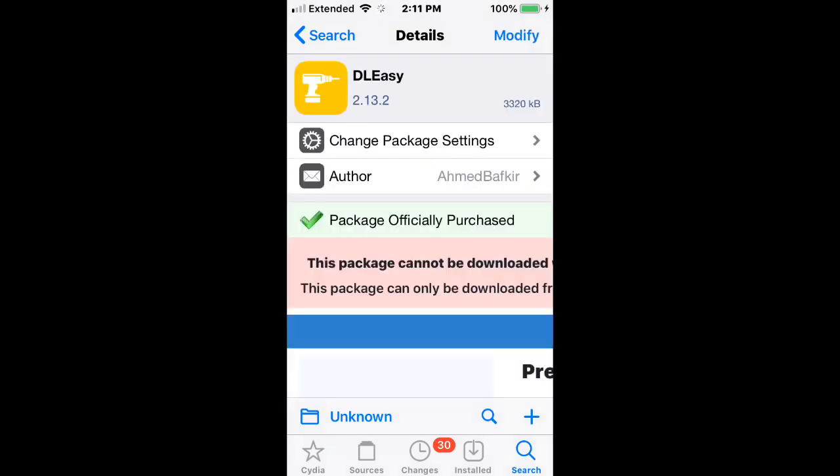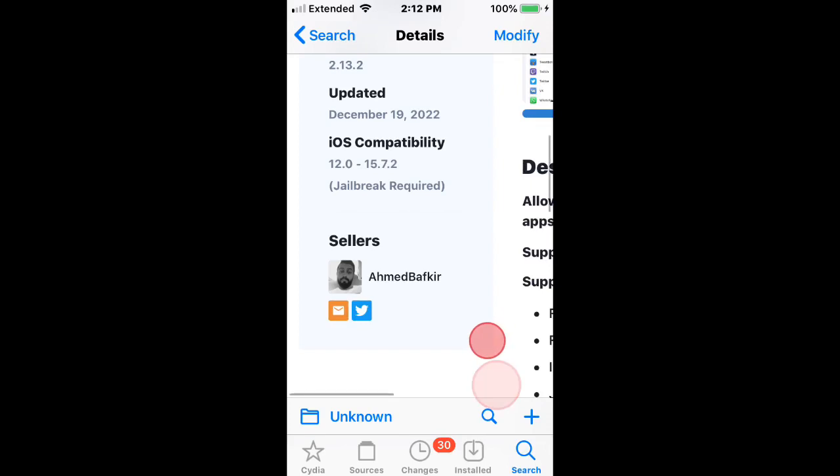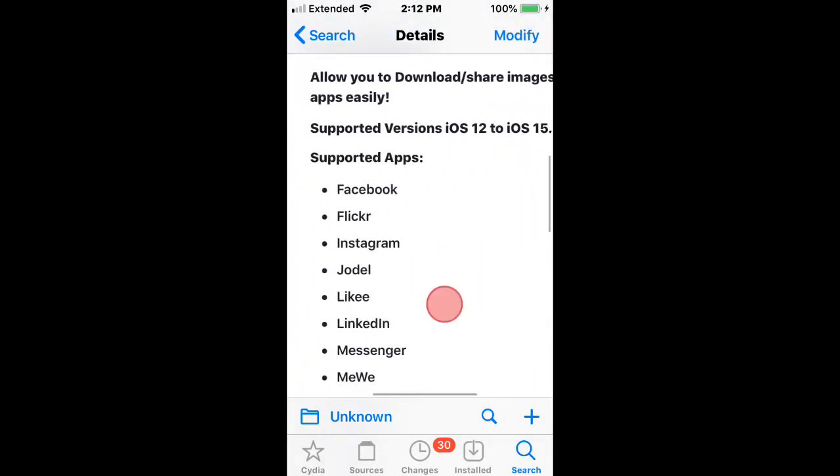Alright, next tweak is called DL Easy, and this is a tweak that allows you to download and share images and videos from social apps easily. Supports iOS 12 up to 15.7.2. So iOS 12 to 15 does support, and you have